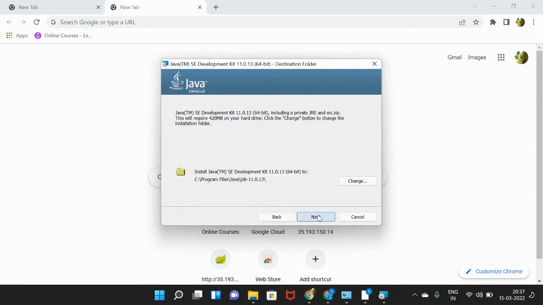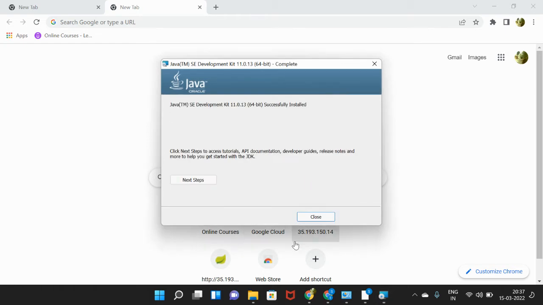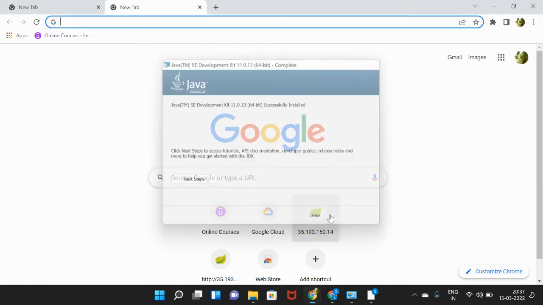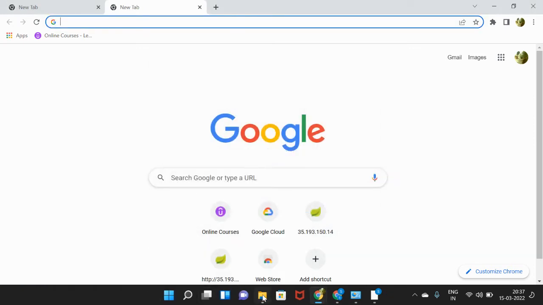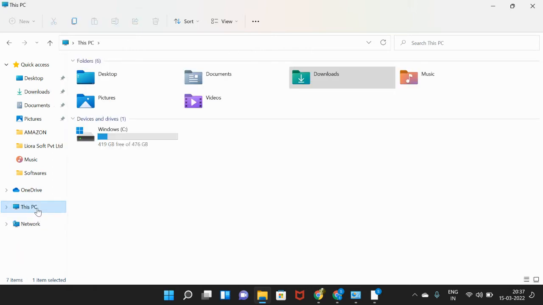It's a matter of just clicking next, next. It will install simultaneously. Meanwhile, it will take a while. Yes, it has installed. Okay, now go to This PC, and here you need to set the